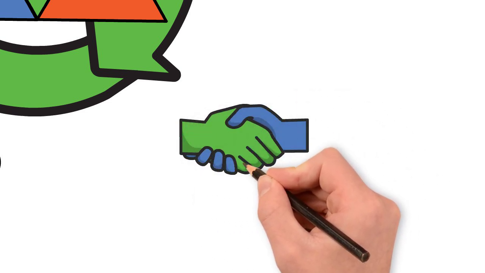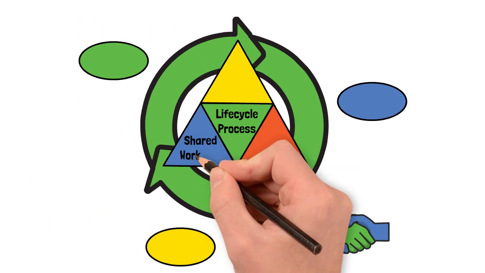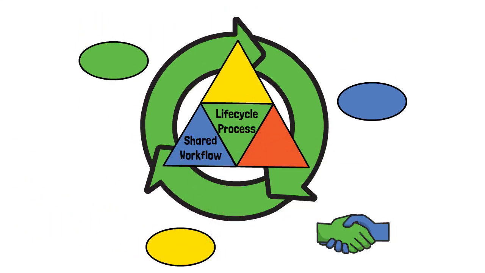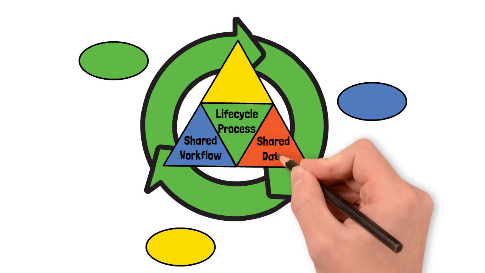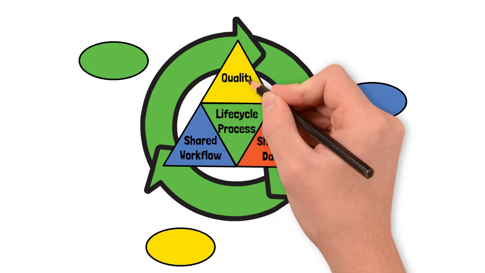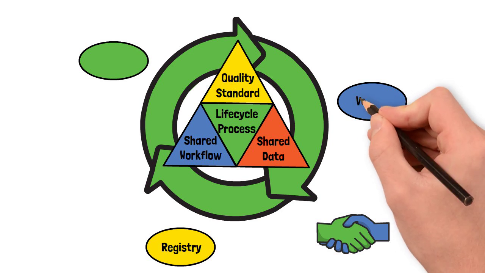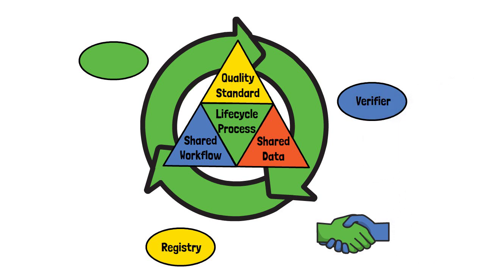The framework process is a combination of a shared general process or workflow standard that is followed by all participants, a shared general data standard used by this shared process, and a quality standard that is specific to the project type. The 3 participating roles in the framework are the issuing registry, a certified verifier, and an ecological project like